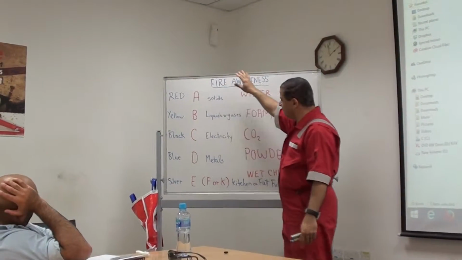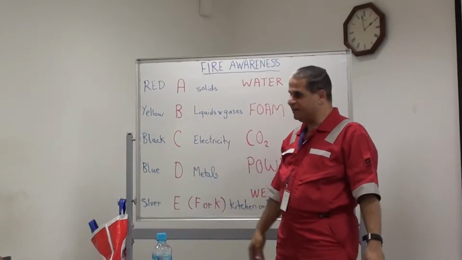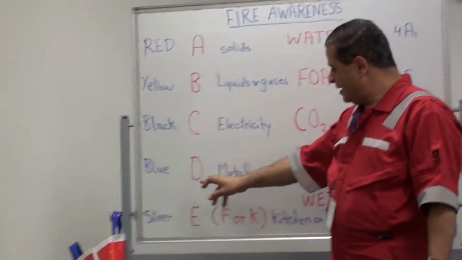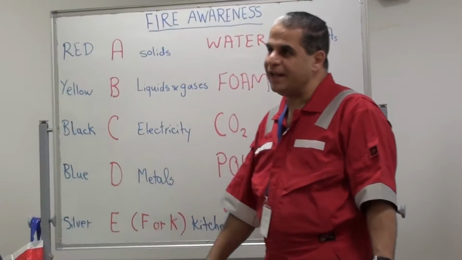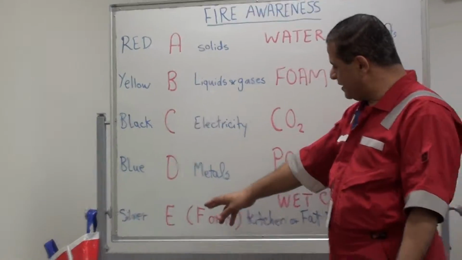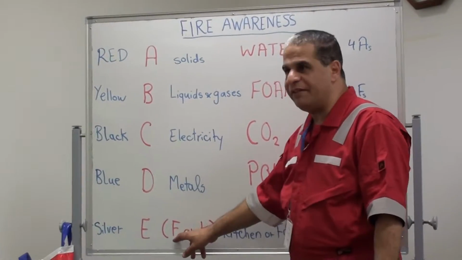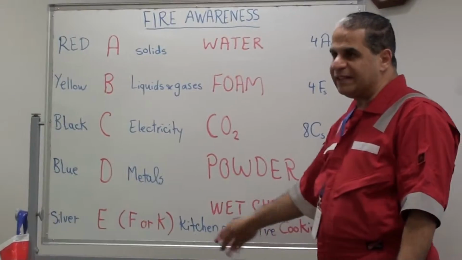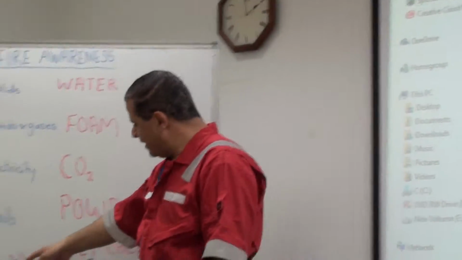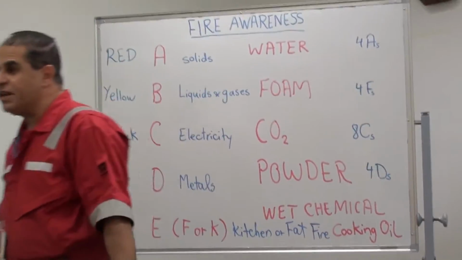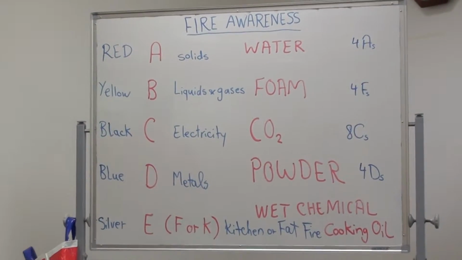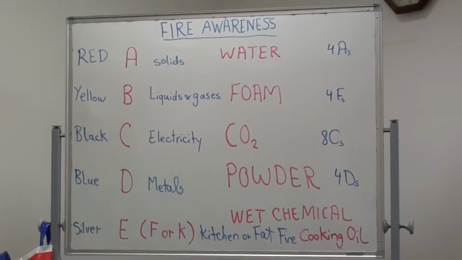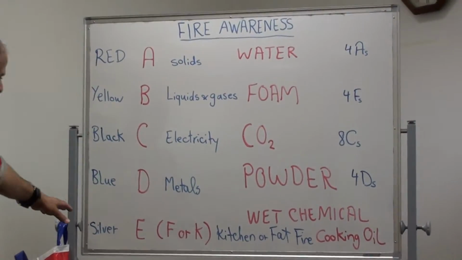Fire classes are divided into 5 classes: Class A, Class B, Class C, Class D, and Class E. In some references, Class E is referred to as Class F or K. F means fat related to the oil, and K related to the kitchen. No matter what terminology you are using for the last one, it is